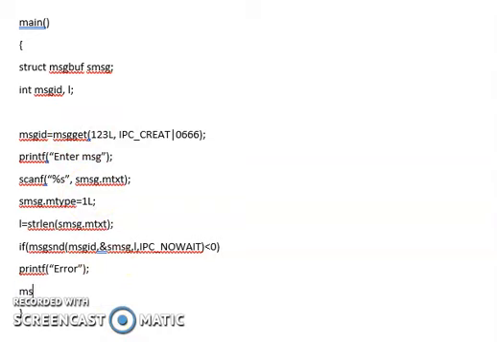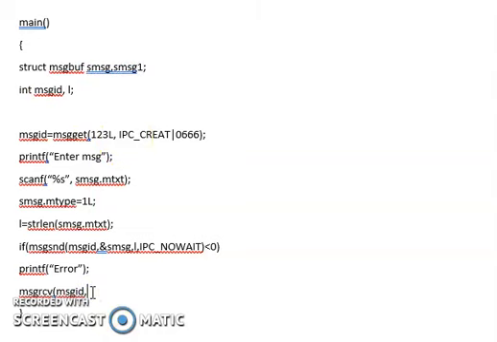I'll imagine that the client has written the message with a type of 2L. So I'll retrieve that here with the msgid. Let me retrieve that into another structure; let me take msg1 here.